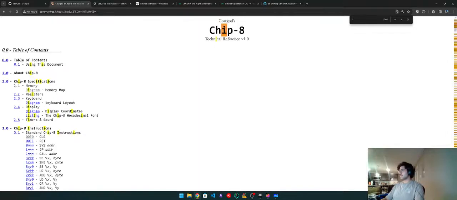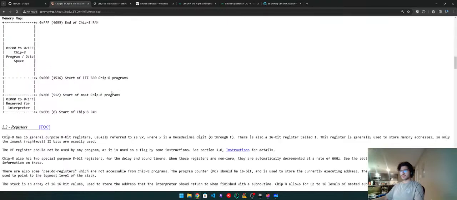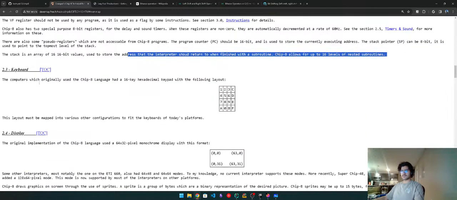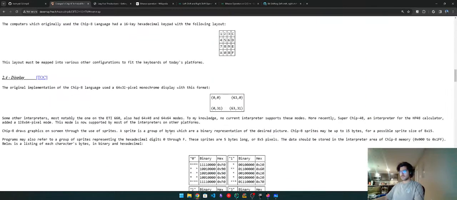Index I. Okay, that's the horrible way to find it. Nothing's here. Stack pointer, pseudo registers, program counter, you store stack pointer, it is stack interpreter, nested subroutines, display,